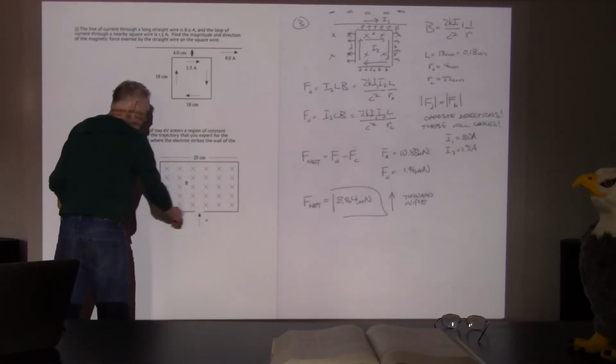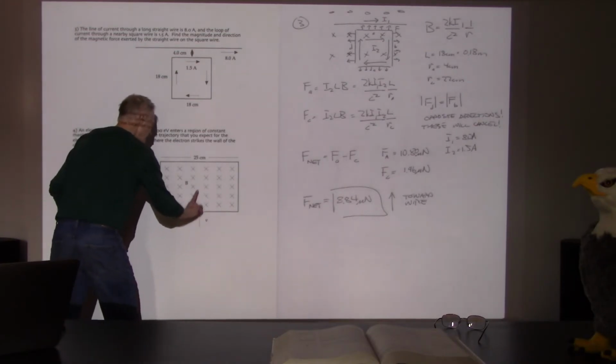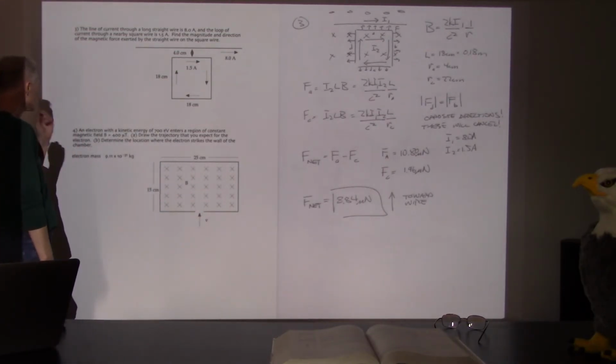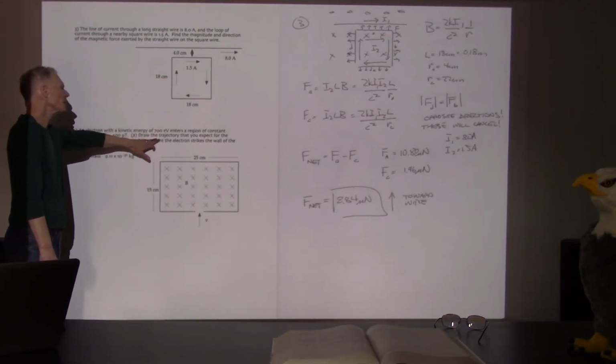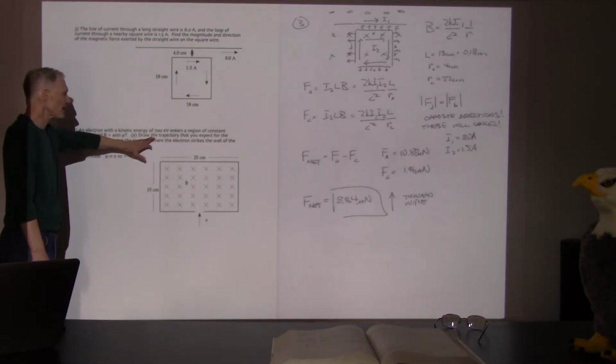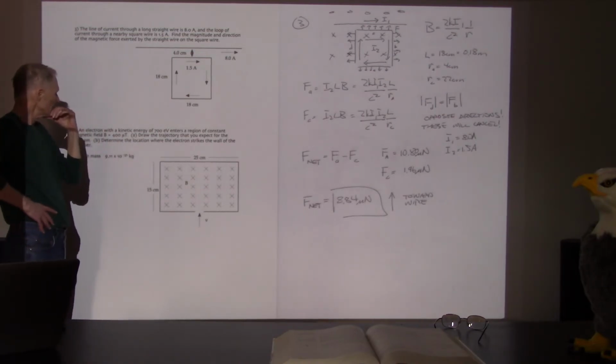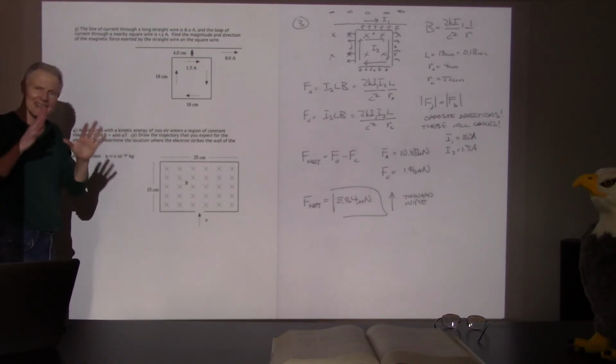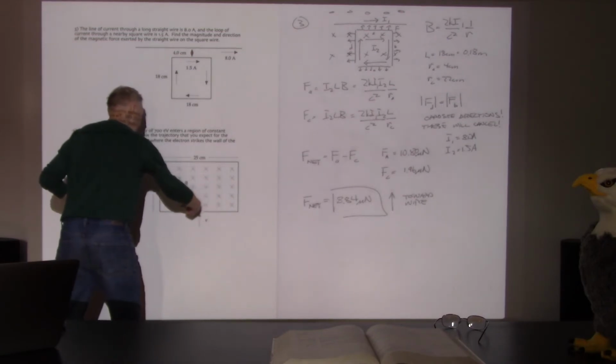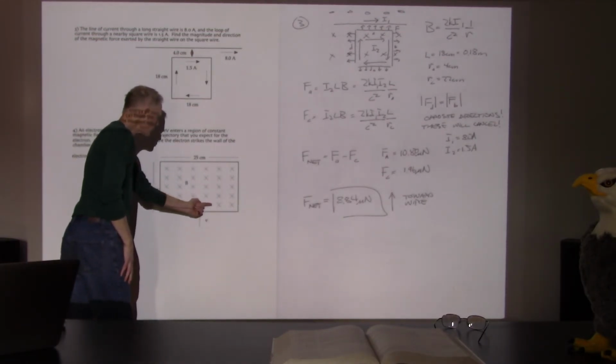Anyway, so here's the direction of the field. And the velocity of the electron is going to come in this direction. Now, I guess the first thing we have to do is, it says draw a trajectory that you might expect. I haven't got on to this yet. I just want to talk about the setup a bit. The electron is either going to experience a force to the left or a force to the right. Those are the only